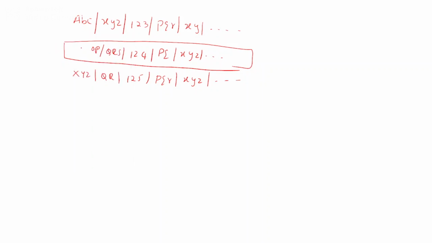So I'm going to remove these two characters. Initially there was mn, and I will remove that mn and put a star and a pipeline here. This star and pipeline now represent that this particular place is no longer useful. You can use this place for something else, for a new record.